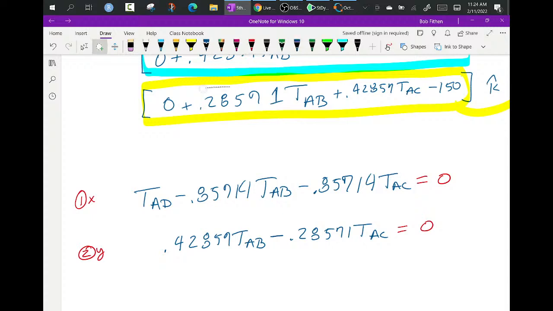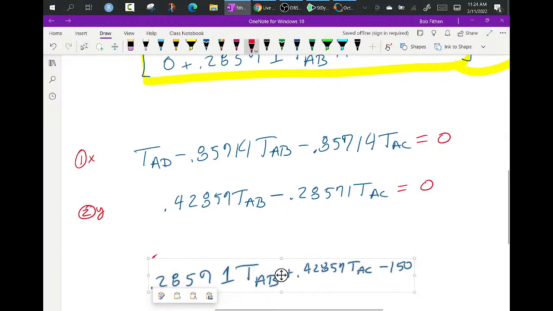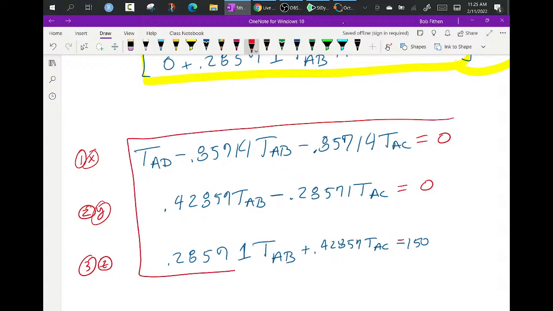And then my third equation, copy, I put it somewhere right in there. Then I've got my third equation, which is the z. Now I can put this as equal to 0, or I can just move the 150 over, and it becomes a plus. So we've got 3 equations,